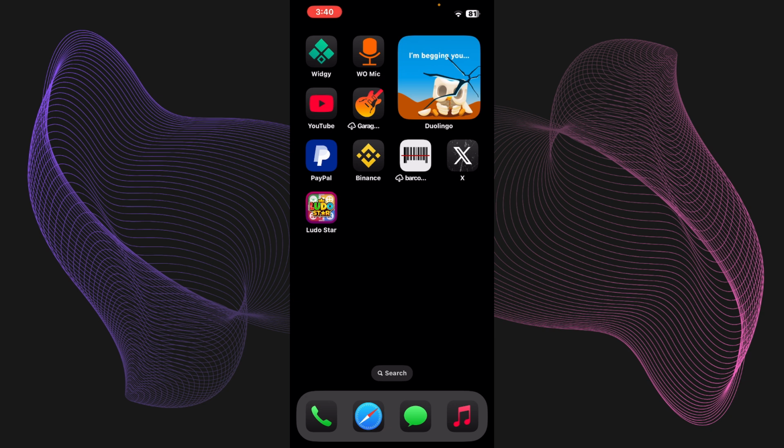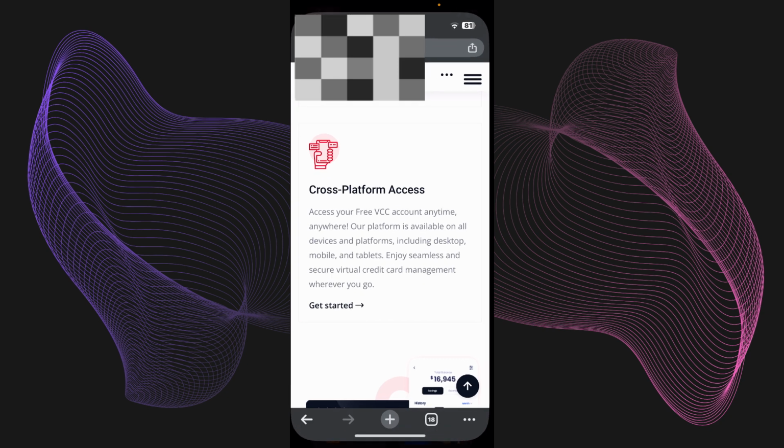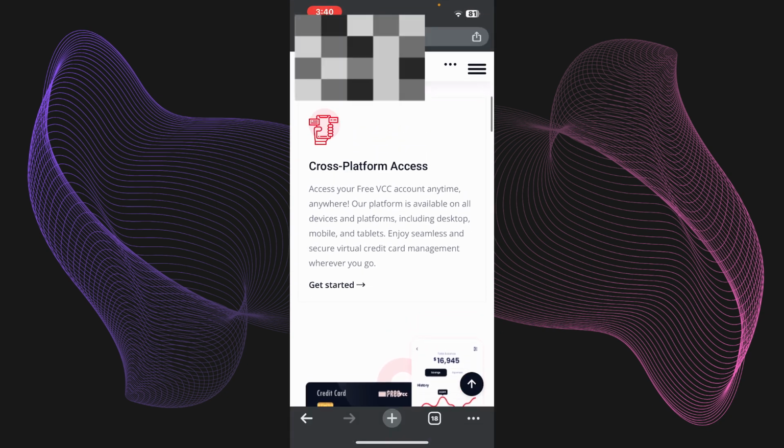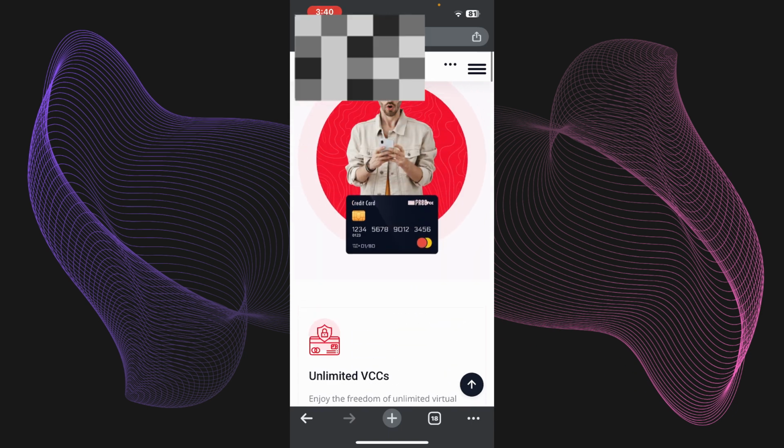So first up, what you've got to do is just simply head over to any web browser that you would like to choose. I'm using Google Chrome for this video. Just go ahead and open it up like this. Now right over here, you've got to search up freevcc.online, and right over here, it will bring you to this